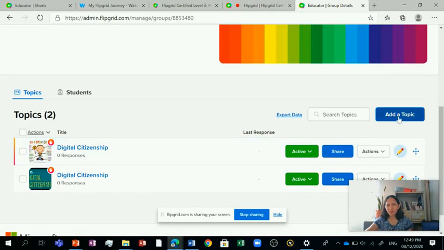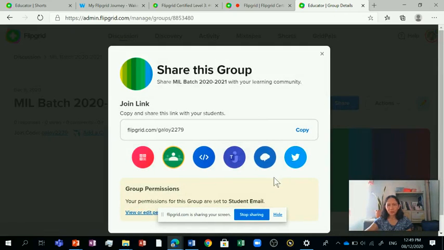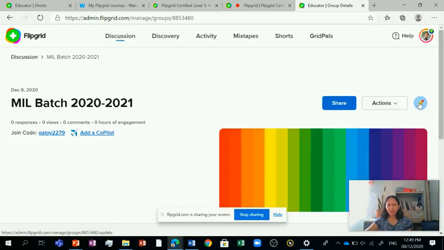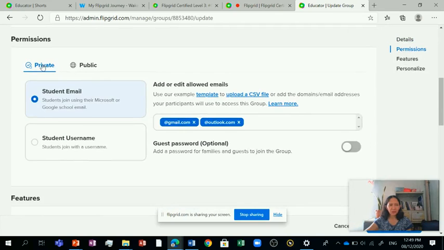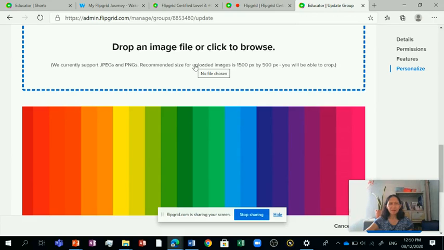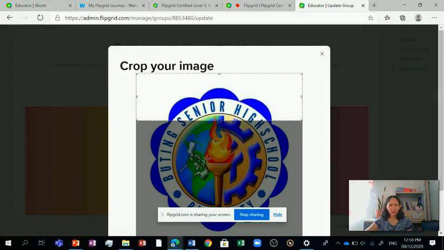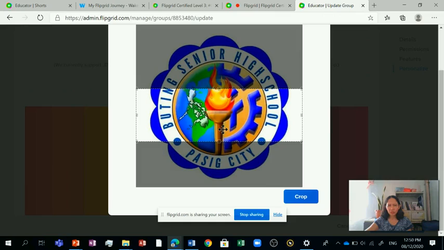I already have topics here, so I can now edit the group, or I can now share this so that my students will be able to share their answer. Okay, so this is how you're going to edit the group. I'm going to set this to private, and then I can add a file or an image. So I'm going to add this logo, or you can choose any logo. I think I need to change this one. So for the purpose of demonstration,